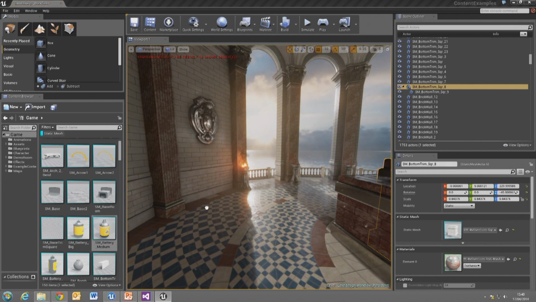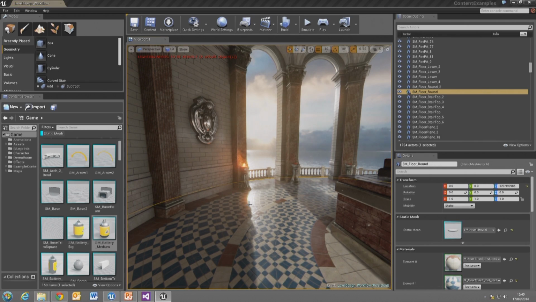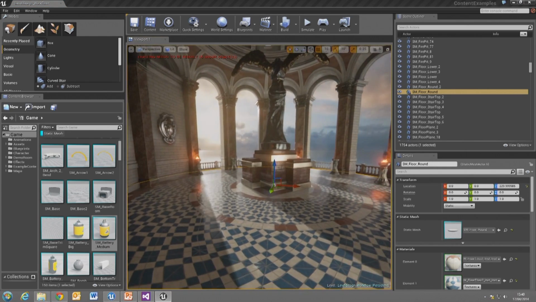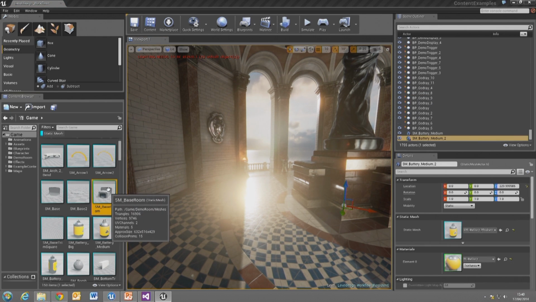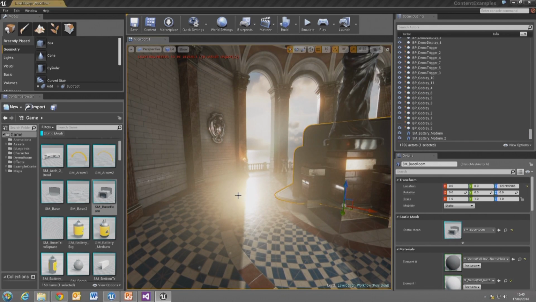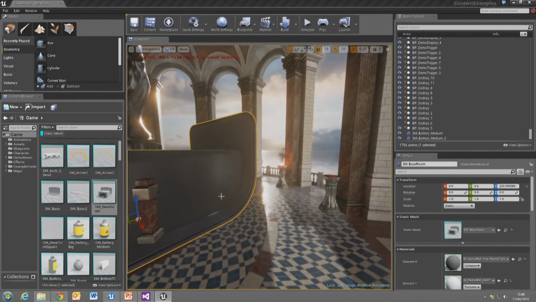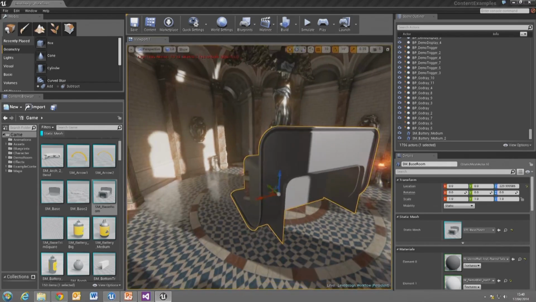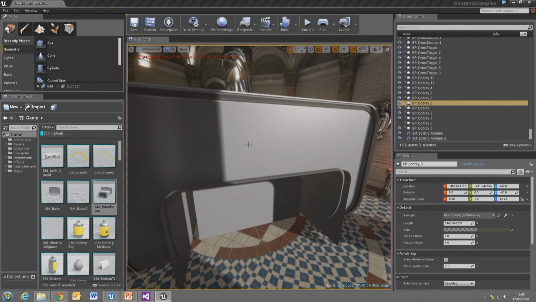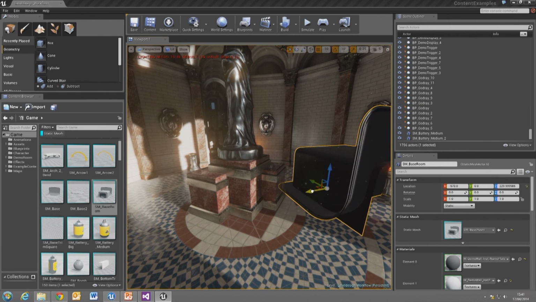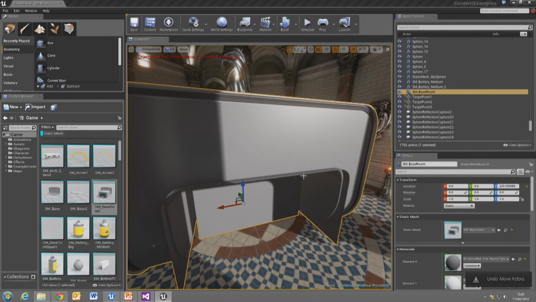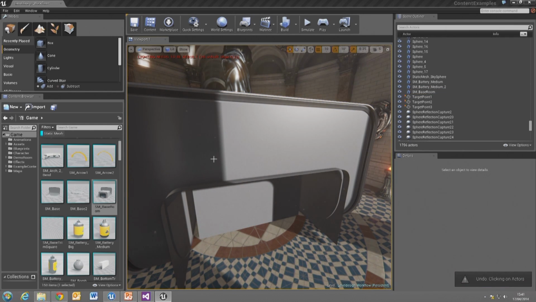I can grab this battery because everybody wants a battery in their world. And where did it go? Stop doing that. There, it's moving over there. So it's just a matter of drag and drop. There it is in the world. And then you can manipulate it, move it, rotate it, do all the things that you want to do. All right. And then finally,